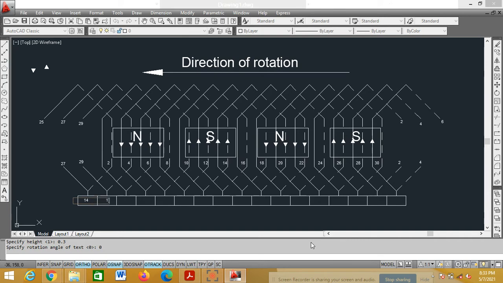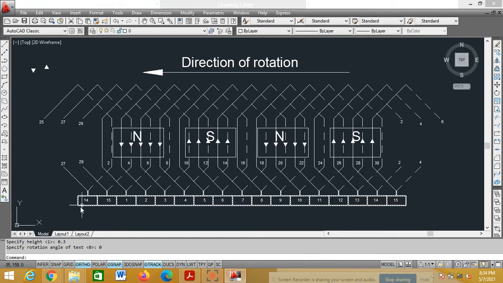14, 15, 1, 2, 3, 4, 5, 6, 7, 8, 9, 10, 11, 12, 13, 14, 15.